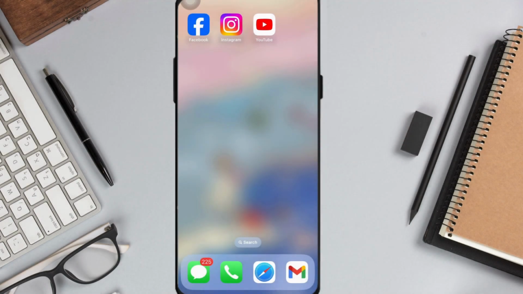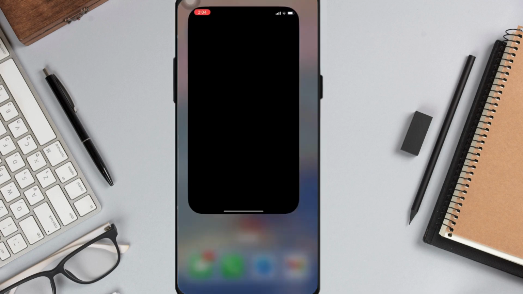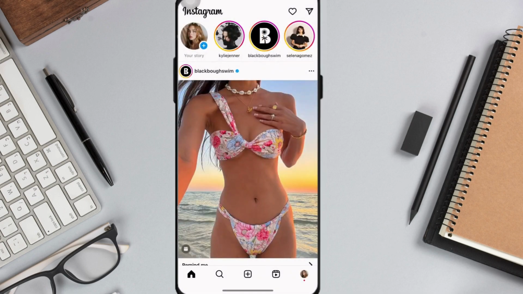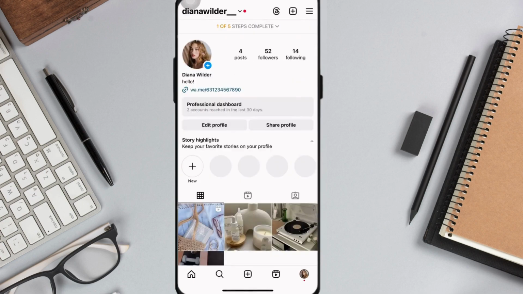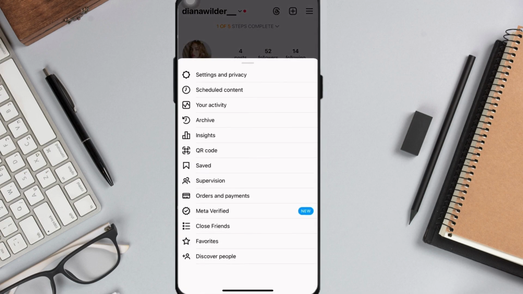Let's get started. To start, open up your Instagram app and go to your profile by clicking your profile icon at the bottom right corner of your screen. Then, at the top right corner of your screen, click on the three horizontal lines and then select Settings and